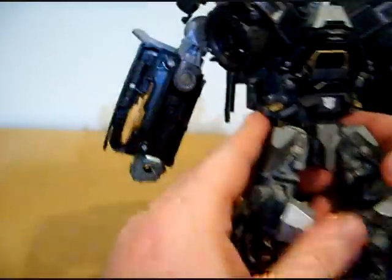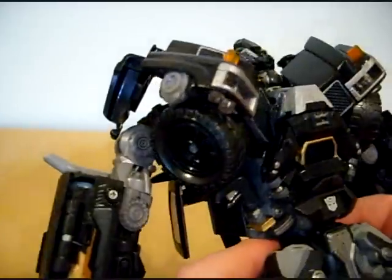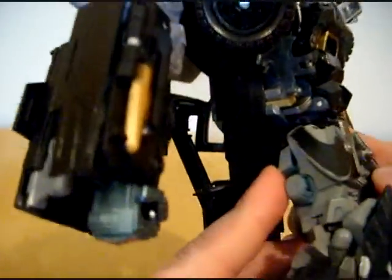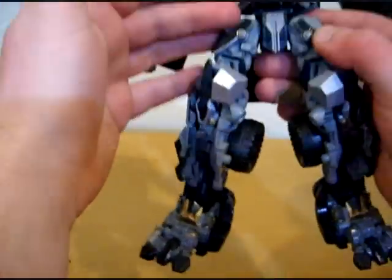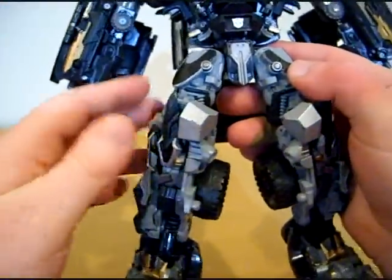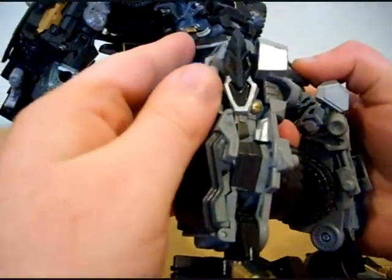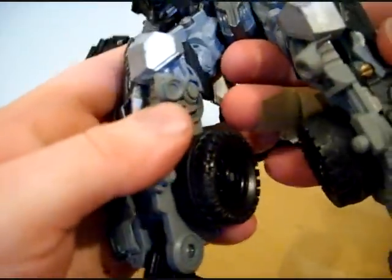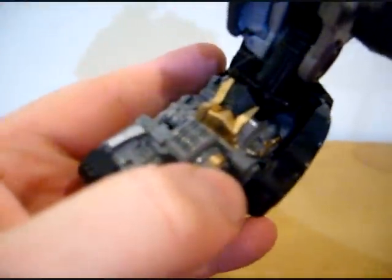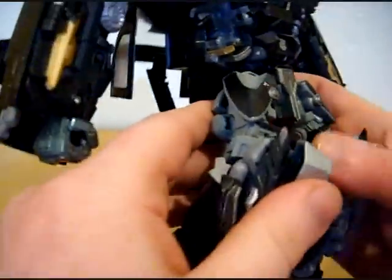Oh, that is sweetness. That's more like it, Zeltrax. I knew you had it in you. See, originally the legs were molded in blue, and I apologize for the fluorescent lighting. It's kind of throwing it off. I can see in the... Yes, yes, yes. Oh, you even got the little details in there. Oh, that's gorgeous. Did the detailing...